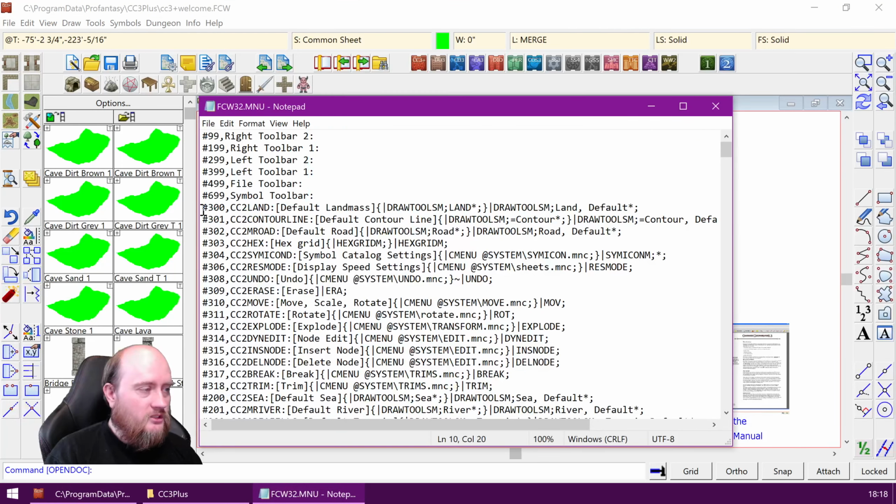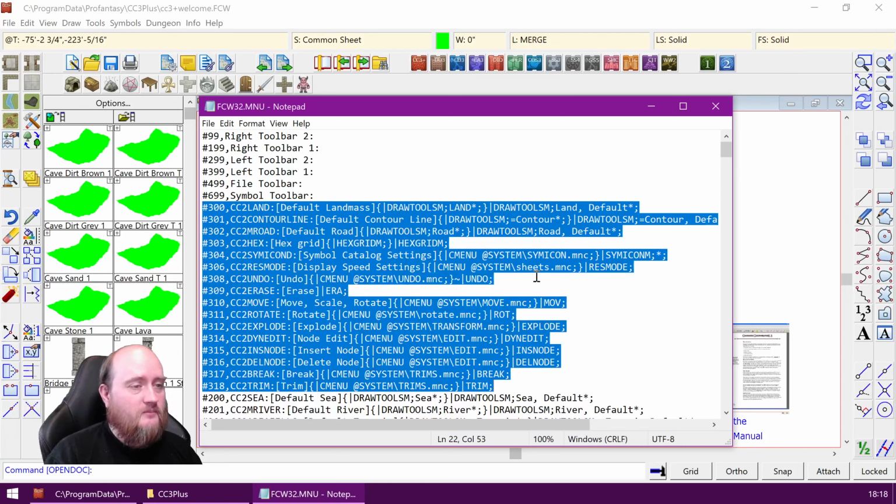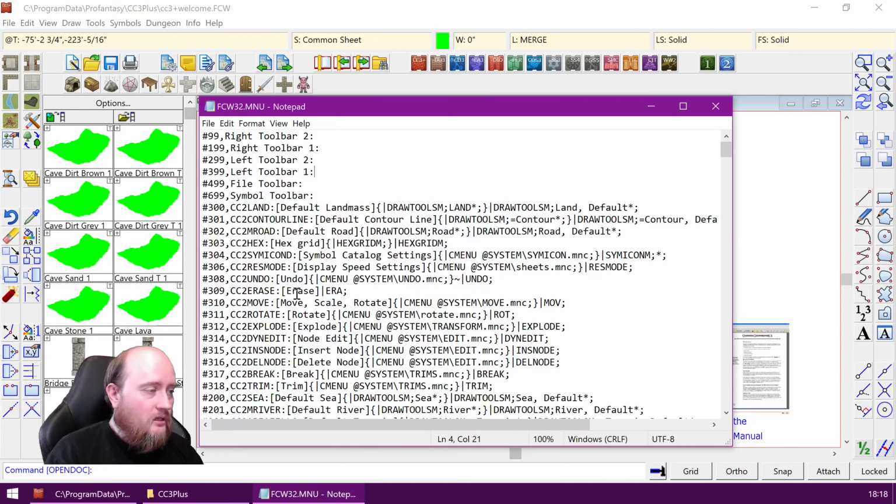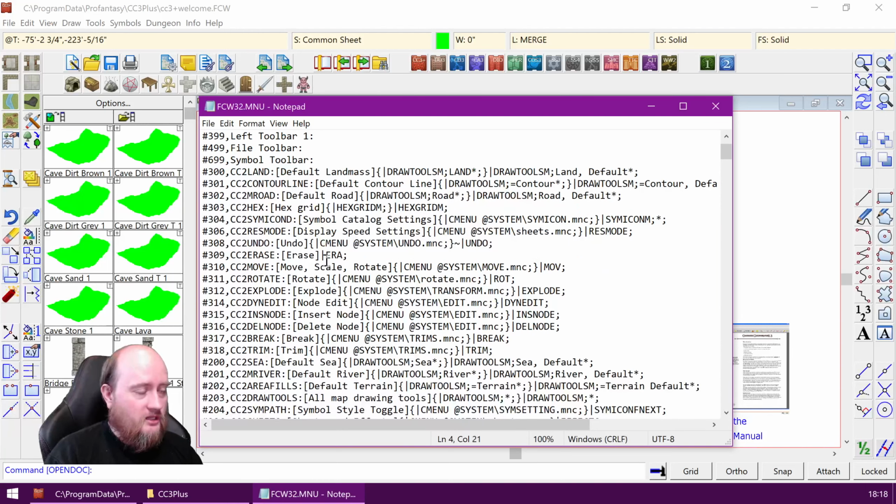And just below starts the definition of the buttons themselves. A button definition has a few important parts to it. Let's just check this one for an example. What does this line really mean? Well, it starts with the hash sign and the number 309. This tells me that it belongs to toolbar number 3 and it's button number 9, or in the 9th position